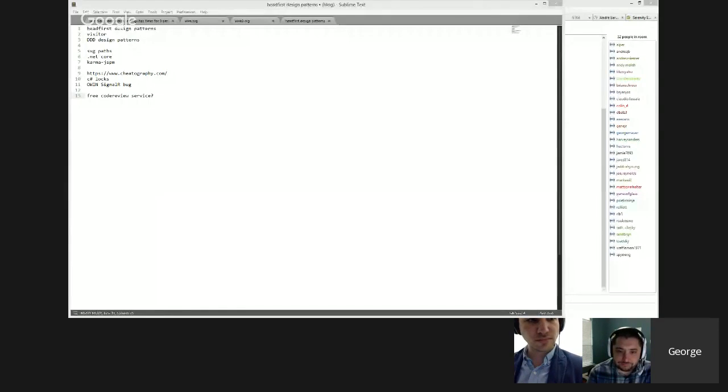Here, I'll share my screen. This is one of the things I wanted to touch on a little bit. I want to talk about why design patterns kind of fell out of favor, and this is one of the reasons, and also shortcomings of design patterns. So this comes from the Java world, right?